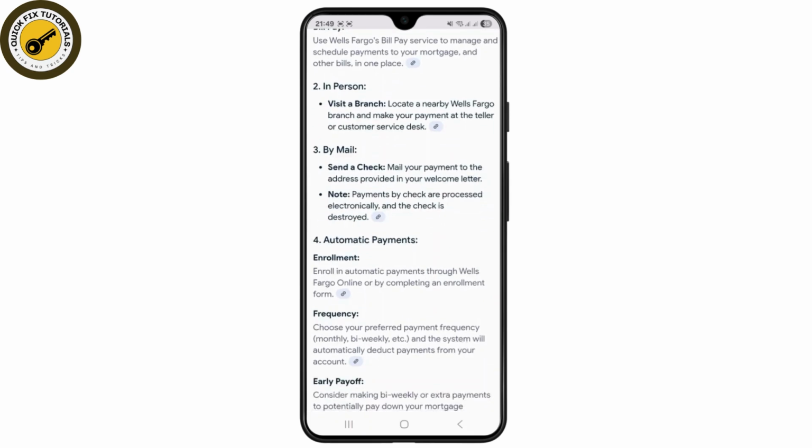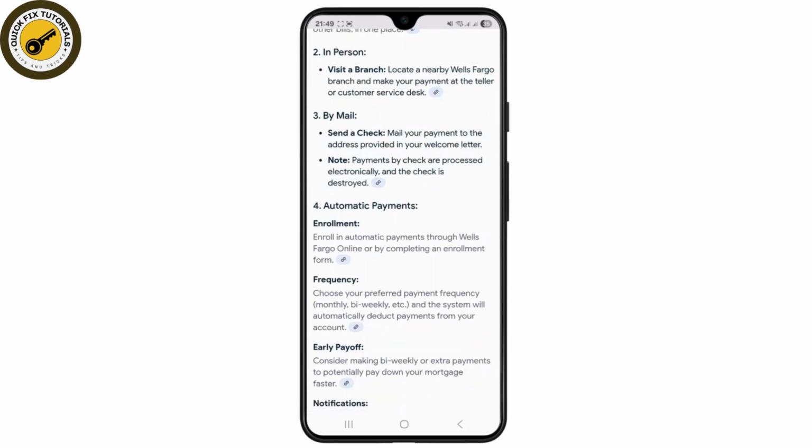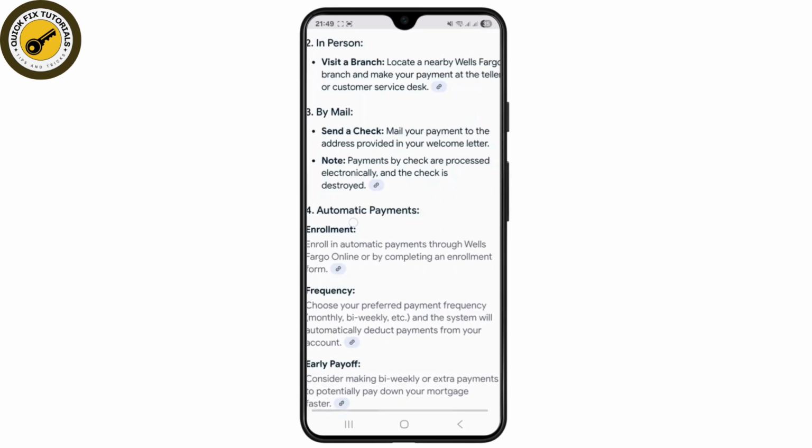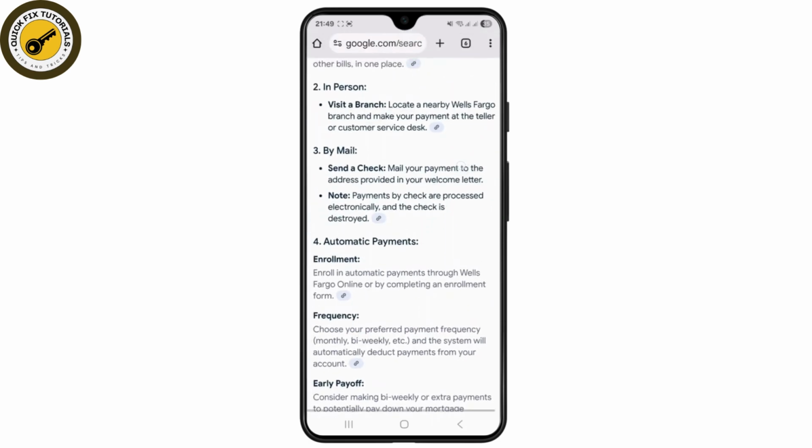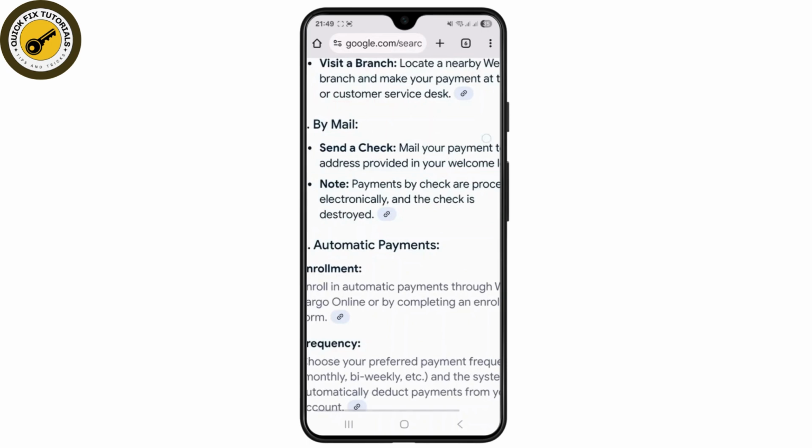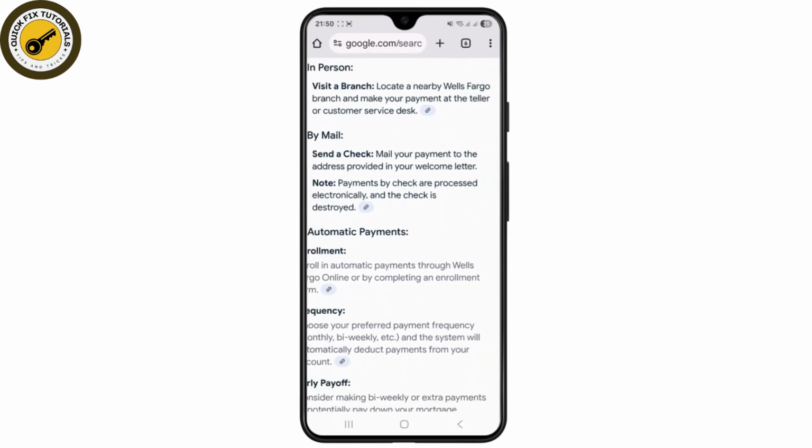So if you'd like to visit a branch, you just have to locate a nearby Wells Fargo branch and make a payment at the teller or customer service desk. And the third method is sending a mail,